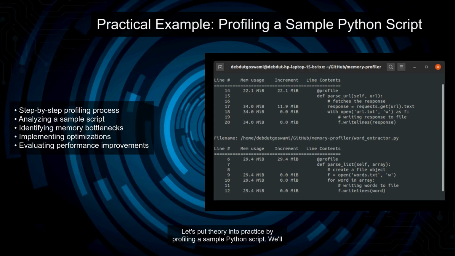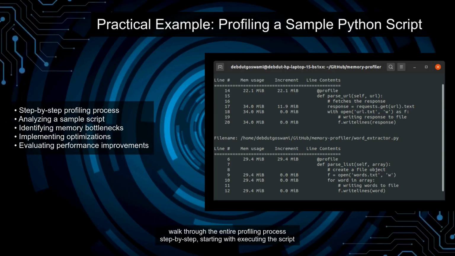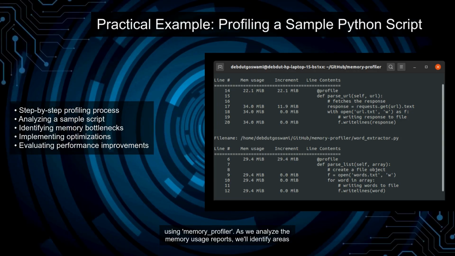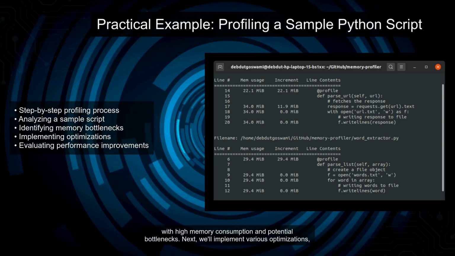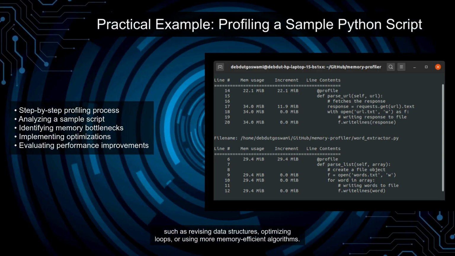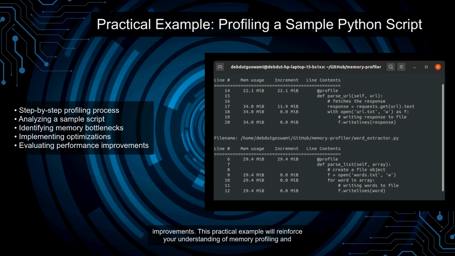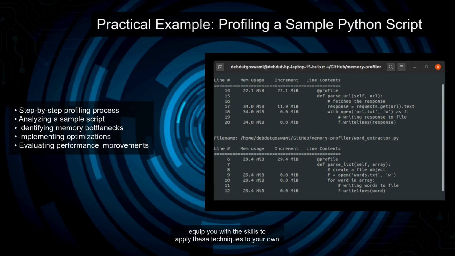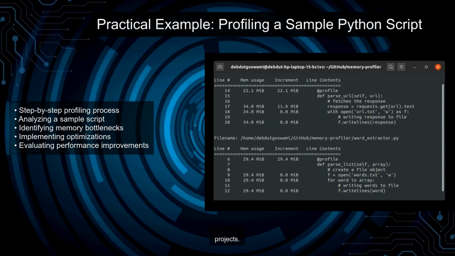Let's put theory into practice by profiling a sample Python script. We'll walk through the entire profiling process step by step, starting with executing the script using memory_profiler. As we analyze the memory usage reports, we'll identify areas with high memory consumption and potential bottlenecks. Next, we'll implement various optimizations, such as revising data structures, optimizing loops, or using more memory-efficient algorithms. After applying these changes, we'll re-evaluate the script's performance to quantify the improvements. This practical example will reinforce your understanding of memory profiling and equip you with the skills to apply these techniques